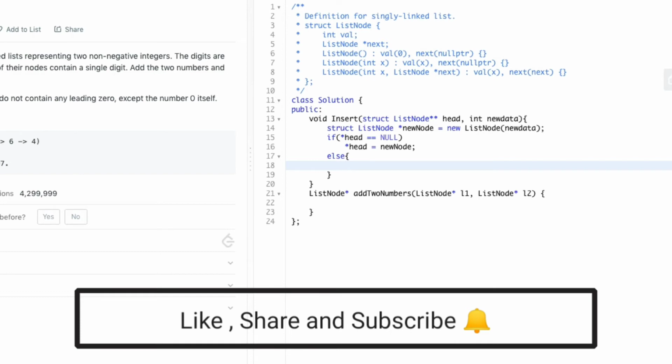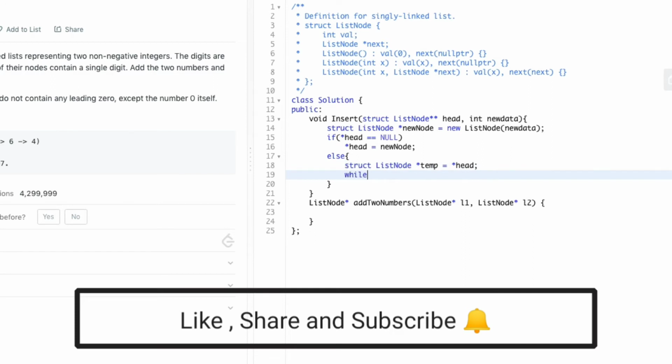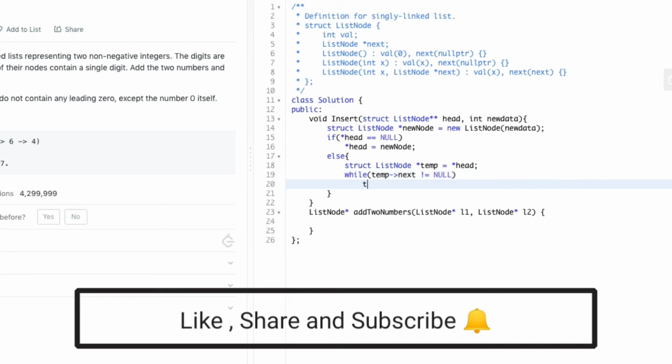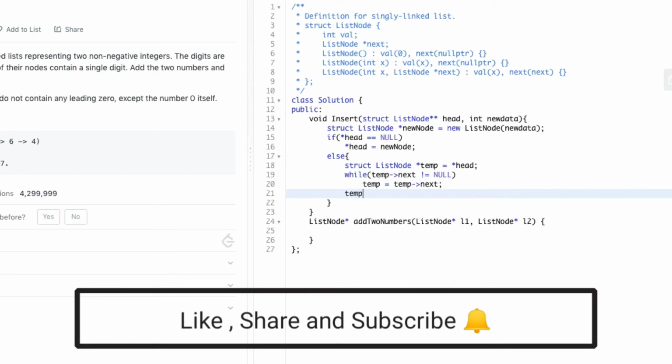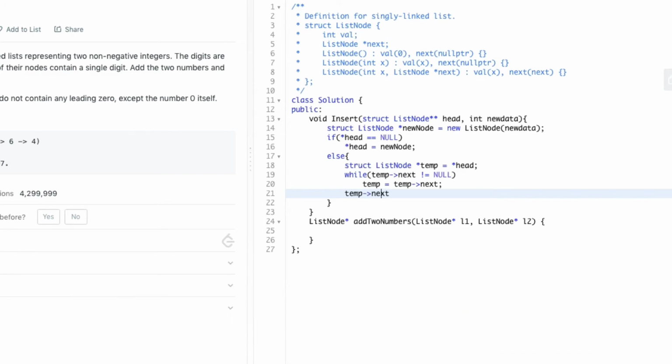Else, we traverse the linked list till the end and point the last node to the new node. So our insert function is completed.